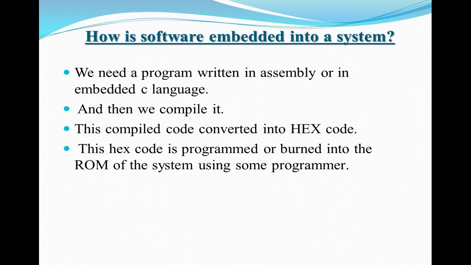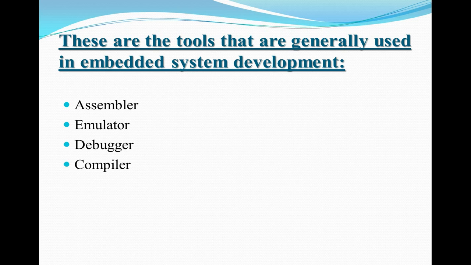We know we have written the code earlier in C++, right? But the embedded C language is different, which is followed for particular applications in embedded systems. Once you have written that language, whether it is in assembly or in embedded C, then we need to compile that in some particular software for debugging that code.